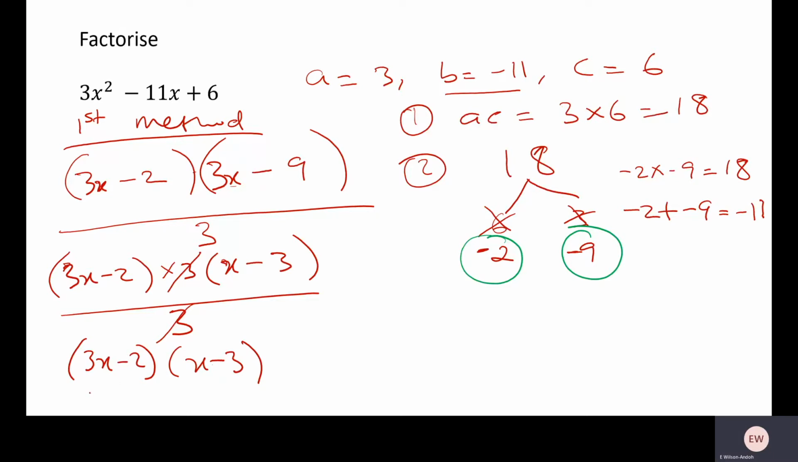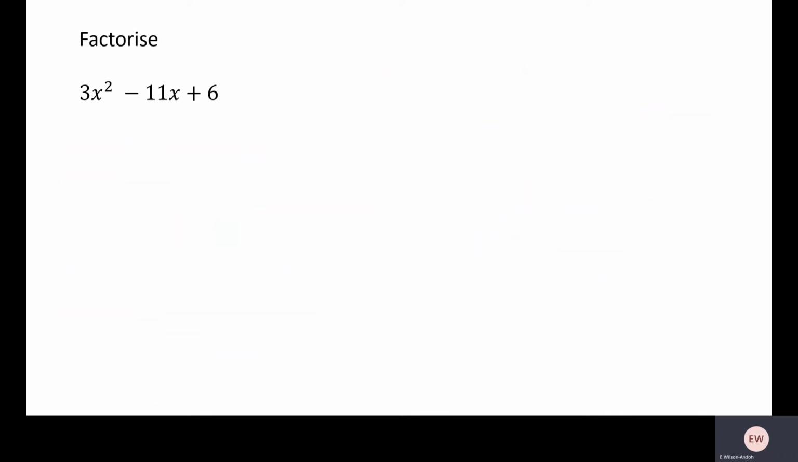If you expand the bracket, you should get the expression on top. So this is our factorization for the first method. Now let's look at the second method and see if we are going to get the same answer. So in this, the answer we got in the first method was (3x minus 2)(x minus 3). Let's see if we are going to get the same answer. So the second method,